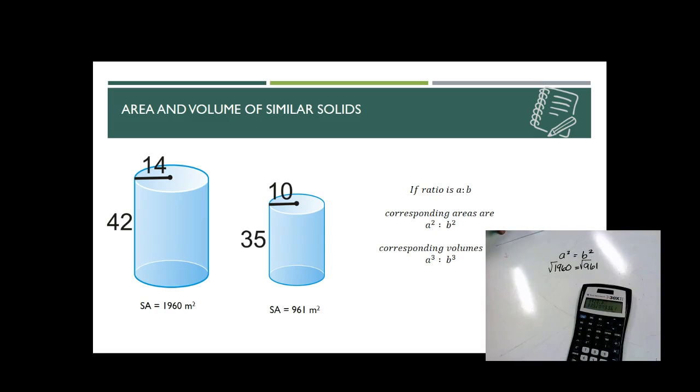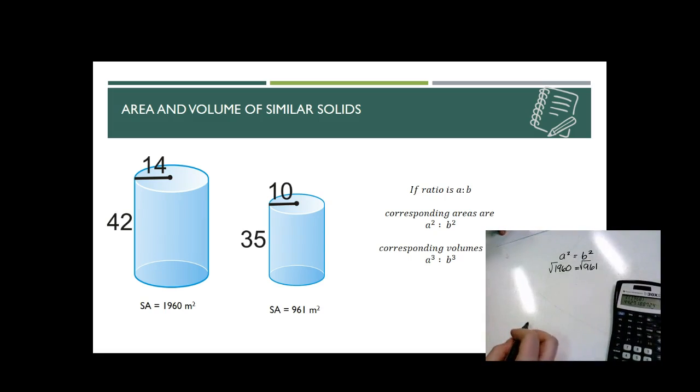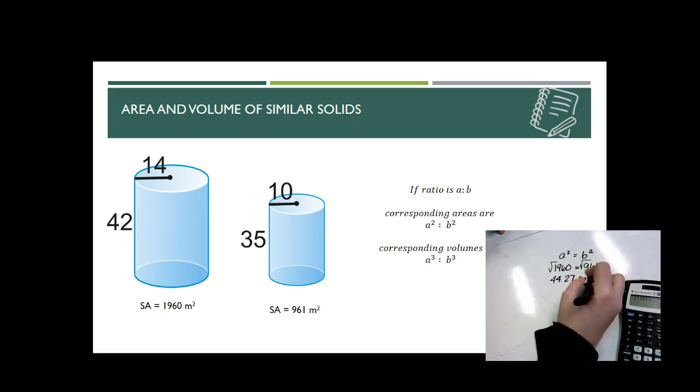So when we take the square root of 1960, we should get 44.27. And then we should take the same with the square root of 961. We should get 31,